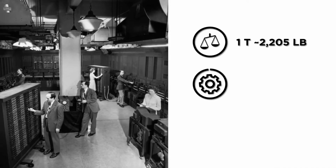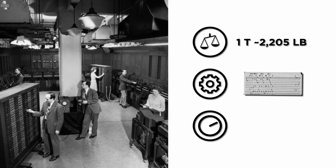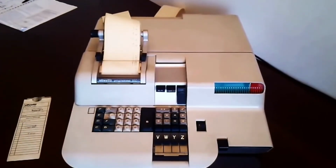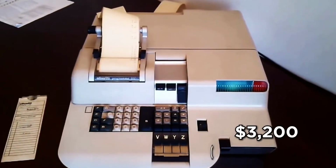Intended to calculate aerodynamics and aircraft design, this machine weighed a ton, still relied on punch tape for data storage, and was only capable of basic mathematical functions, with a top processing speed of just 5 to 10 Hz. The first mass-market desktop computer, the Programma 101, wasn't unveiled to the public until 1964. Priced at $3,200 or